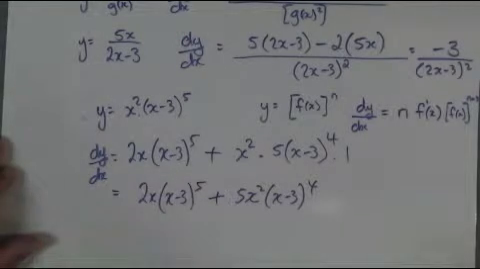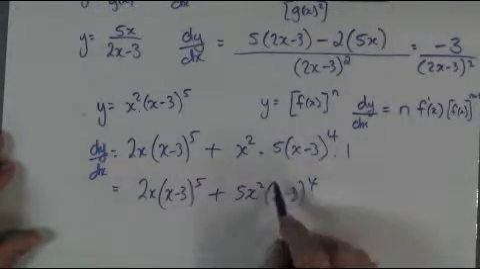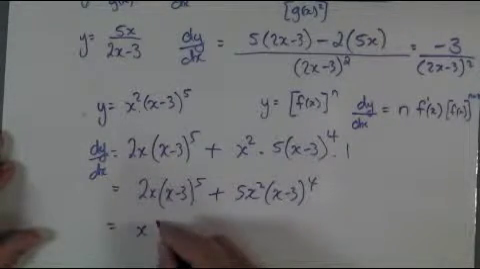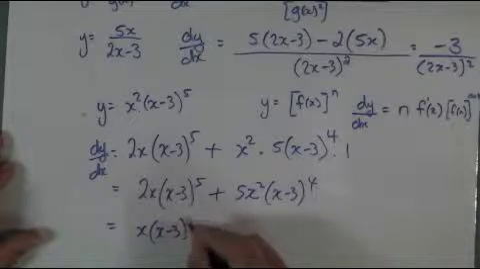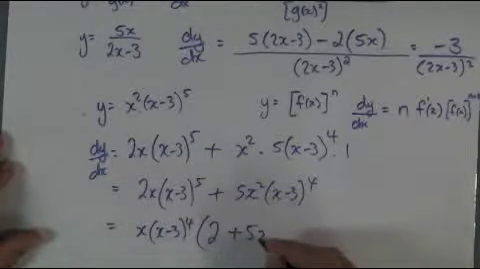And now you can simplify this. If we were to take a factor of x and that bracketed part with the power to the 4 out, we get x take 3 all to the power of 4, and what I'm left with inside is 2 plus 5x